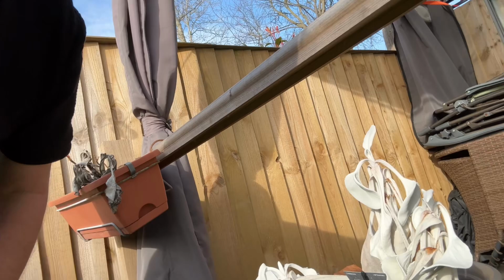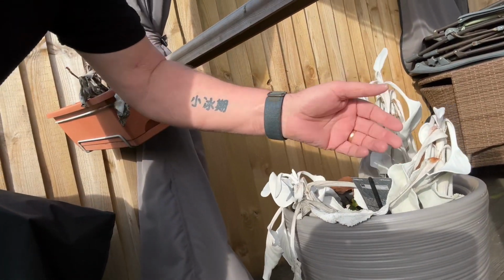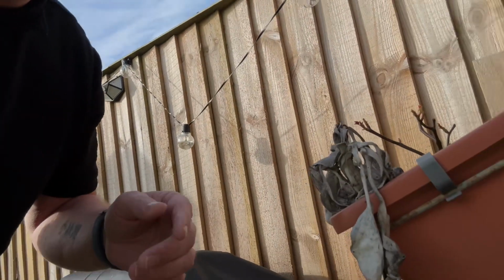Now, one of the big challenges I've got this year is my angel's wings. There you go. Again, look, it's got to try and get wee bits of them and then replant them and bring them on, because they done well last year. As you can see,